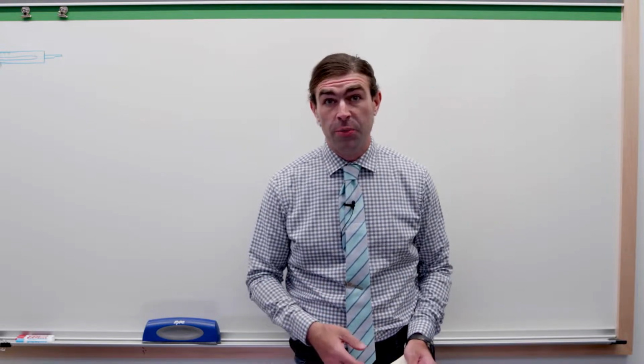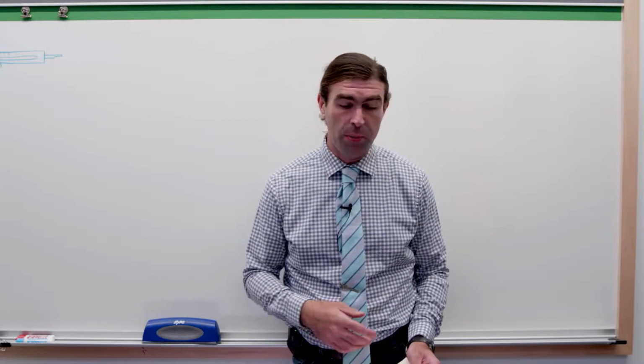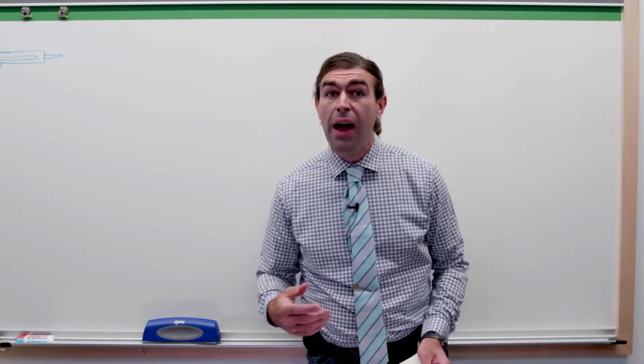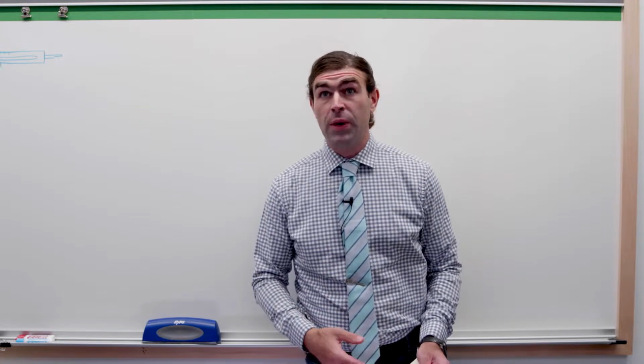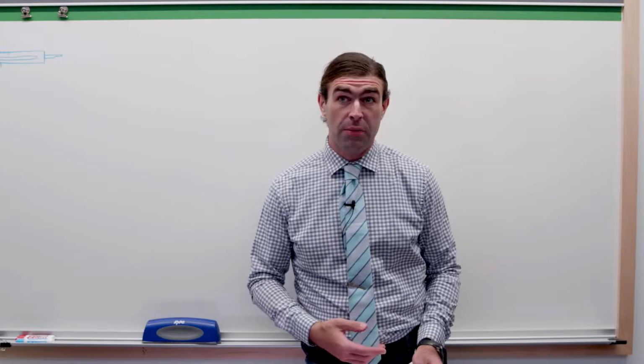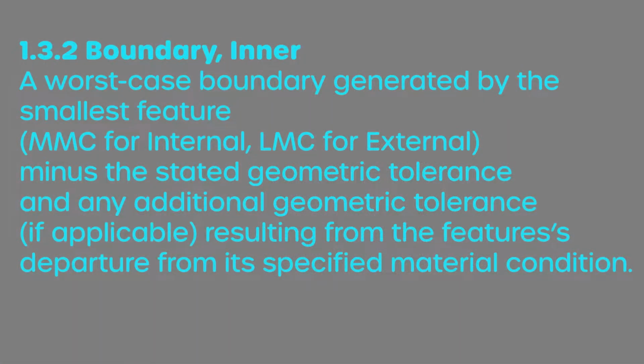So I'm going to go through the definitions. I'll be reading them to you, but I'll also put it on the screen so you can read it for yourself. This all comes from section 1.3 of the 2009 ASME standard. So let me get through reading these and then I'll explain what everything means. 1.3.2, boundary inner. A worst case boundary generated by the smallest feature, so MMC for an internal feature or LMC